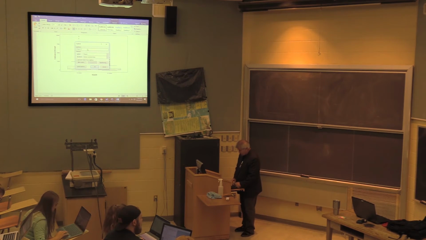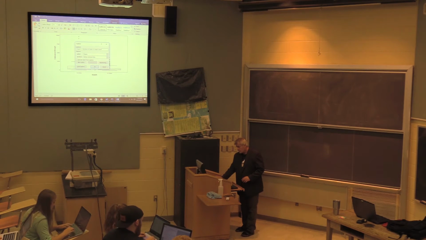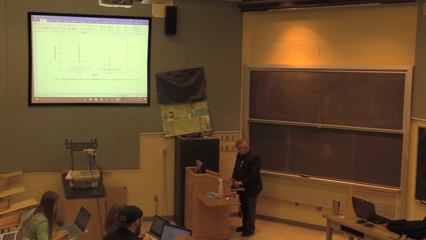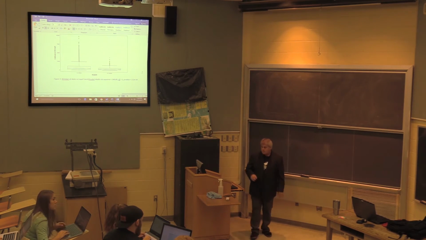And figure one, leave it at figure 1, whatever you want. Number of skates versus legal catch. And okay. And then I'm going to do a Control V and put my